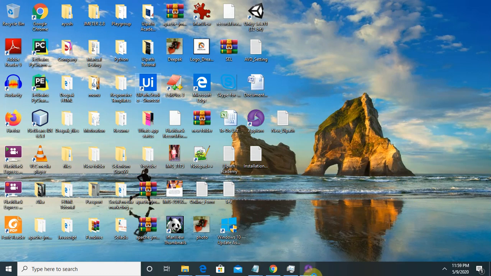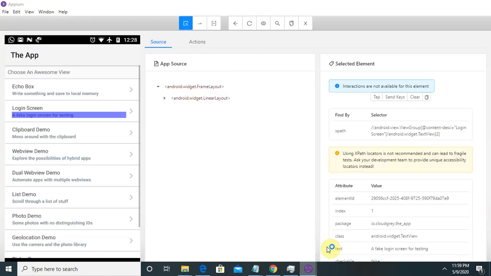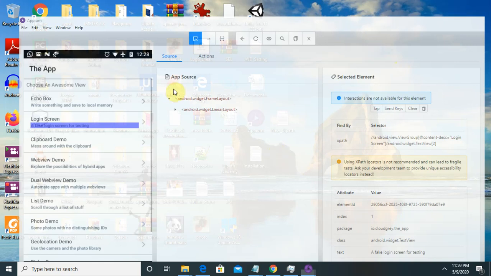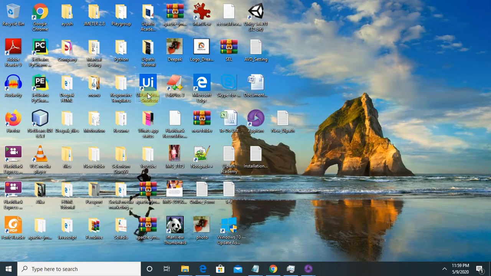So our UiPath Studio is launching. From there you have to go to the device manager. From device manager we can connect whatever mobile application we have configured or we have opened here. So once it connects in UiPath Studio and all the configuration settings are done, we just have to do our automation activity.